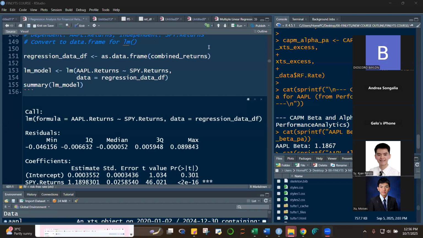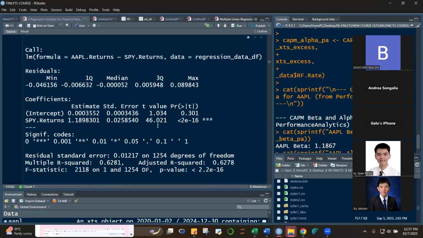Good afternoon, everyone. Today we're going to continue our discussion on multiple linear regression. And by way of review, what we did last time was to create a linear model where we regressed Apple returns on SPY returns. Okay, we got the data using quantmod via Yahoo, and this was the result of our